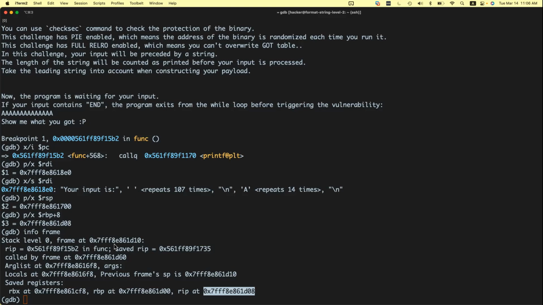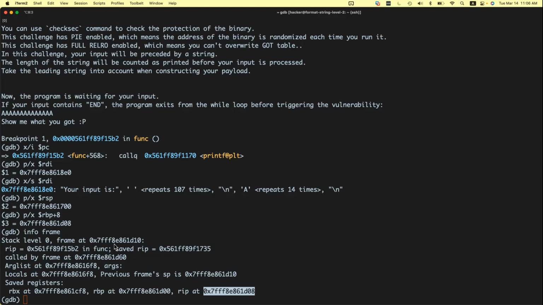For printf, the first argument, which is the format string, will be in RDI, followed by RSI, and then I think it's RDX, and some more, I think it's RCX, R8, R9. But then after that,